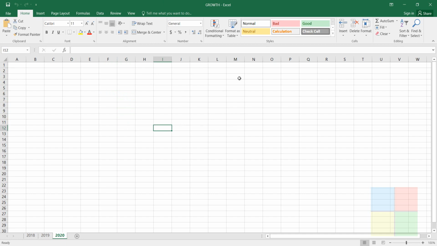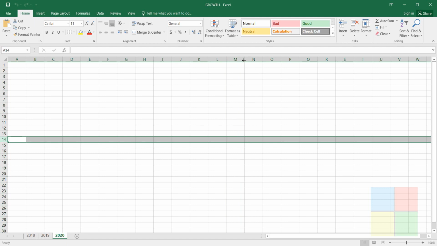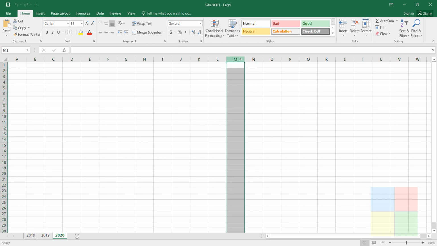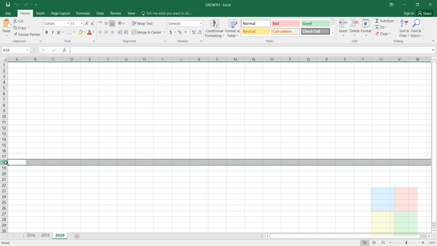And if I select one of these letters, see the vertical cells are getting highlighted, which is the column. So vertical cells are the columns, and horizontal cells are the rows. And remember, vertical cells or columns are identified by letters such as A, B, C, D, and as you can see, the horizontal cells or rows are identified by numbers.